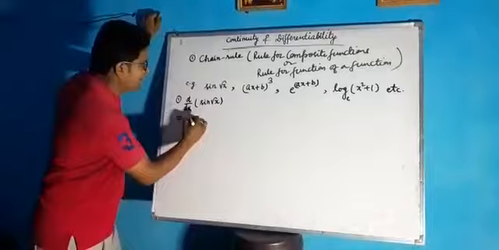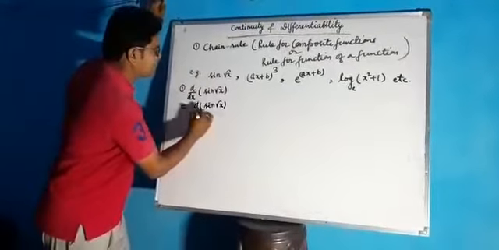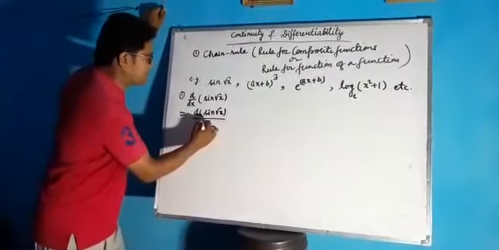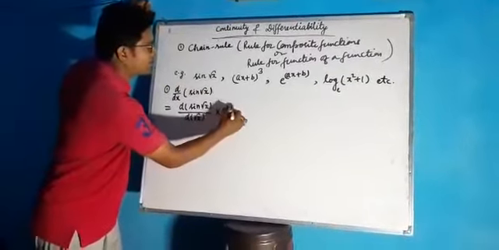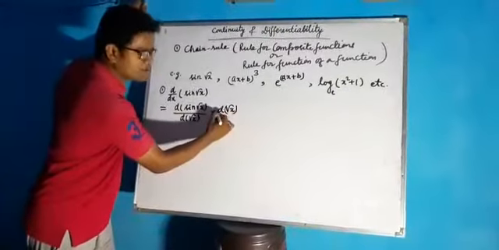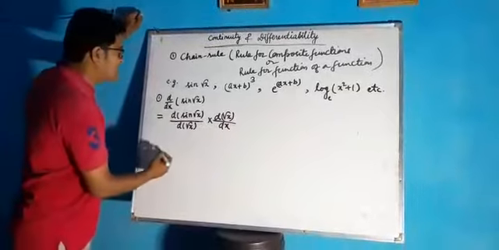Challenge it is. So, derivative of sine root x. Sine root x is a function of root x, so with respect to root x we have to differentiate. Then root x is a function of x, so it should be differentiated with respect to x. So its result is,